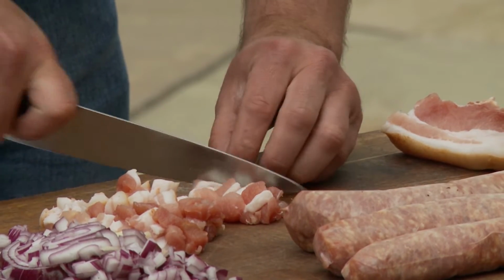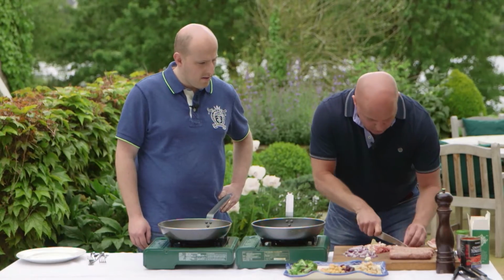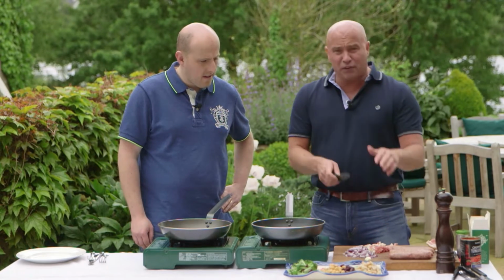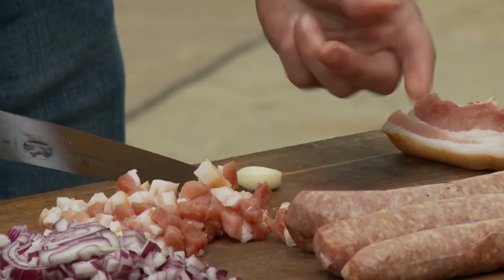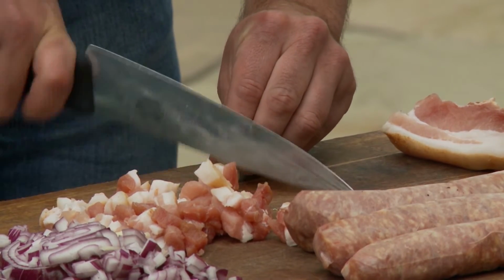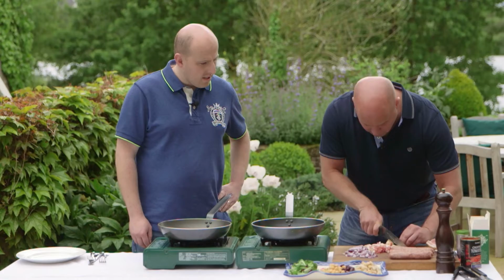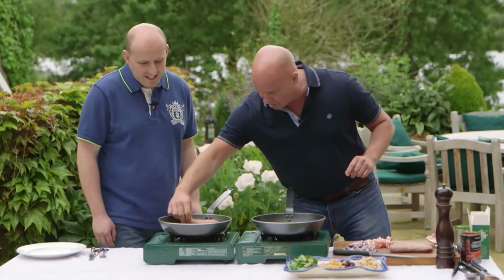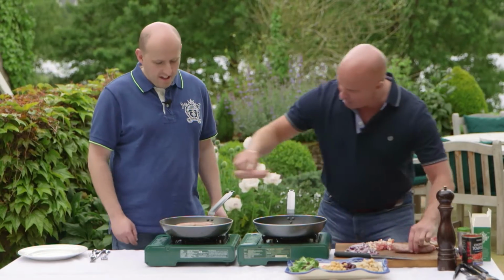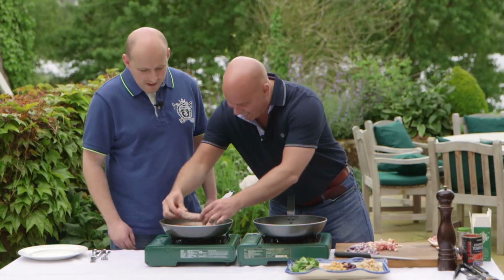I've already diced up an onion, a red onion, and if you're watching Cooking with Treyvaud, guys, all the time, if it's not a red onion and it's a white onion, that's no problems at all. That's the beauty of cooking, isn't it? So we've got just a clove of garlic, back of the knife, and we're just going to crush it down a little bit. And that's going to start off this beautiful cassoulet. So we're going to put in the sausages now. A little bit of a sizzle. I thought the pressure was off me, but...